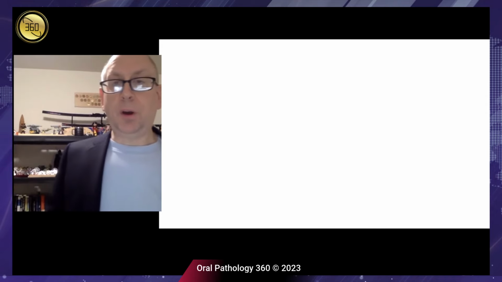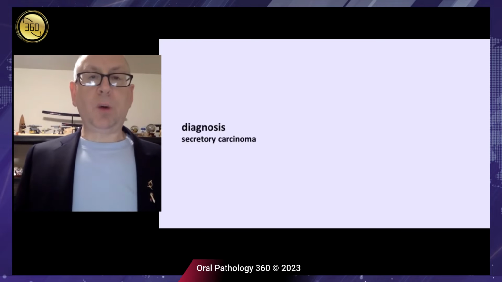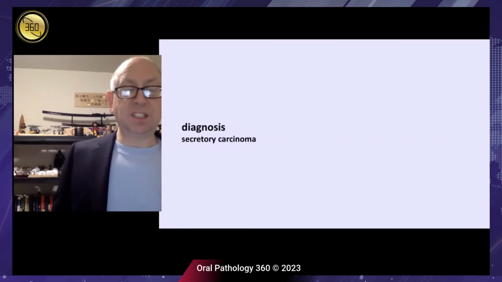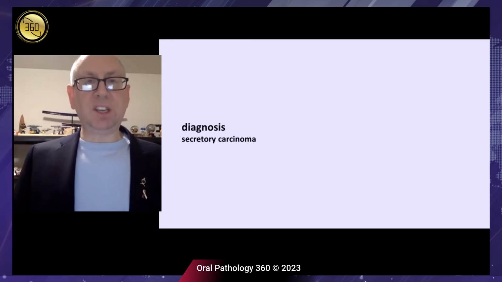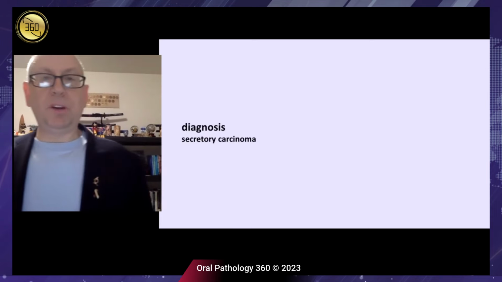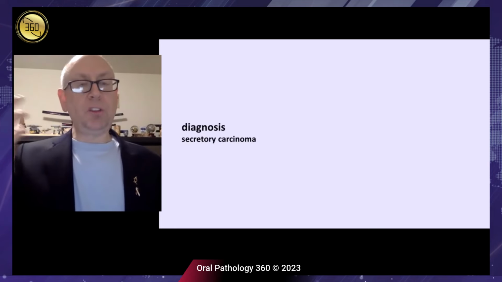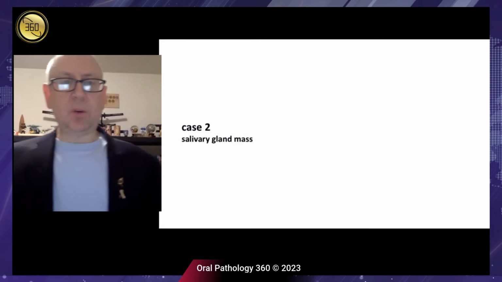All right, this is the point where I would open it up to my students to ask, which way do you want to go with this? So what we actually determined on genetics in this case is this is a secretory carcinoma, right? It's not quite as purple as an acinic cell carcinoma, but it's still purple enough, but it has that bubbly appearance. So how do you tease that out? We're going to figure out what else you can do to make sure it's a secretory carcinoma. So that's the first, a low-grade secretory type adenocarcinoma.